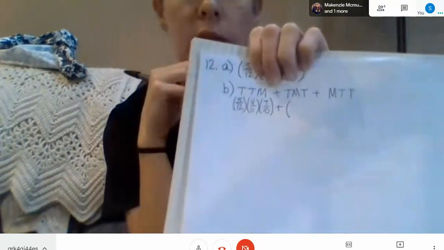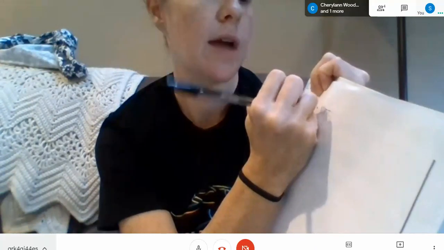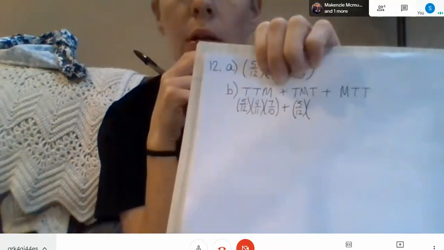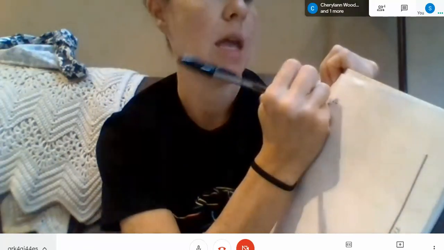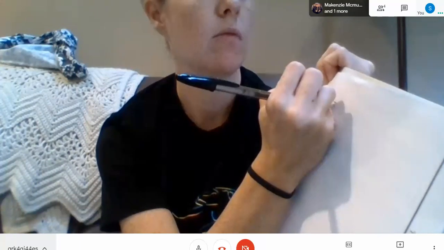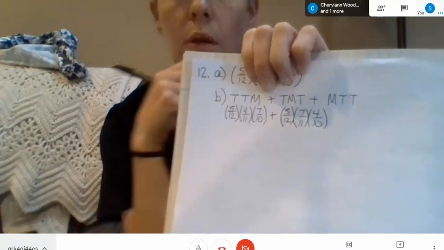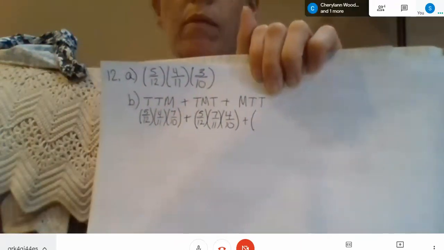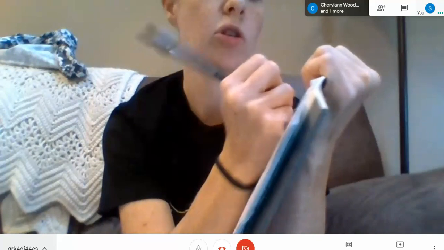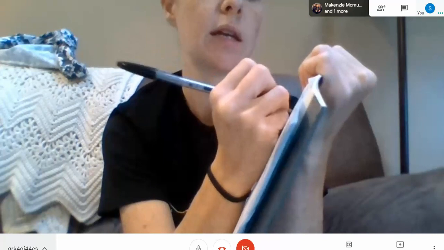Plus, now we're going to do the second option. So the first one, traditional, that's 5 out of 12. The second one, meat, what would that be? 7 out of 11. And the third one, traditional, would be 4 out of 10. Okay, the last option. The first one being meat, what's the probability of that? 7 out of 12. And then traditional, 5 out of 11. And the second traditional would be